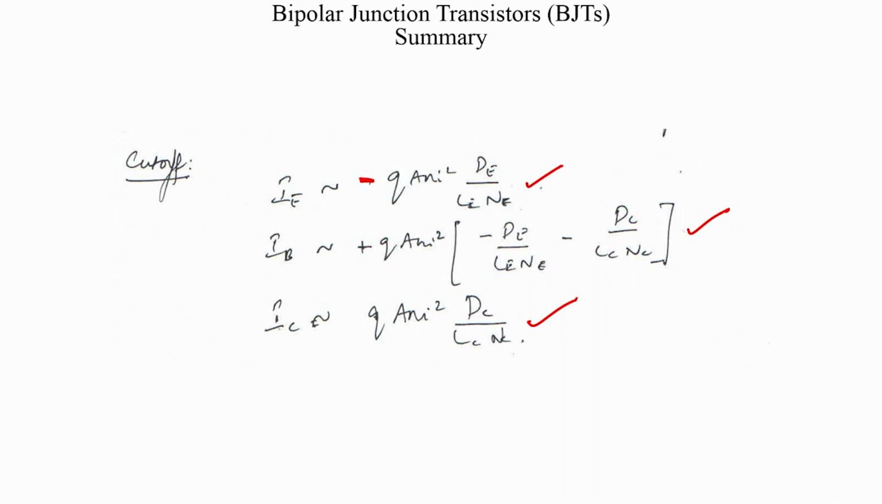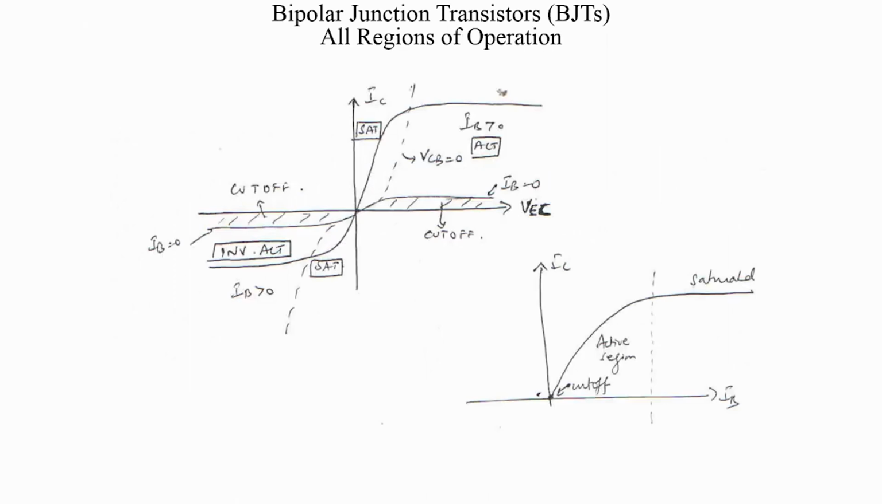So that summarizes the 3 different equations, and all this can be plotted into a nice chart, which gives you the IV characteristics of your BJT. You can take this as a homework and try to build this chart for yourself. So you find that you have the saturation mode of operation here,